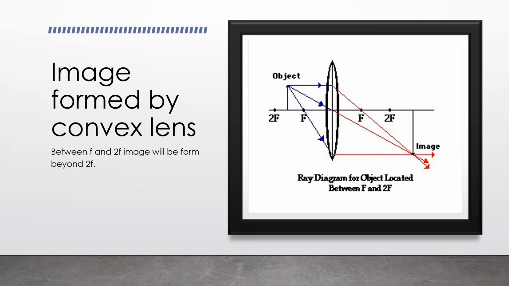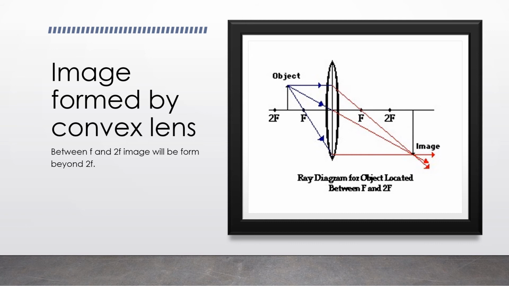If we place our object between f and 2f, the image which is formed will be of a larger size than its object. Here we are using a converging lens, or you can say a convex lens. The object placed between f and 2f will have an image greater than its original size. Okay, so I have discussed three conditions.